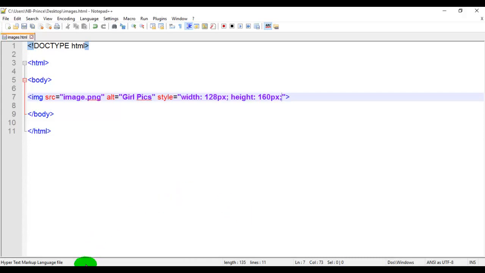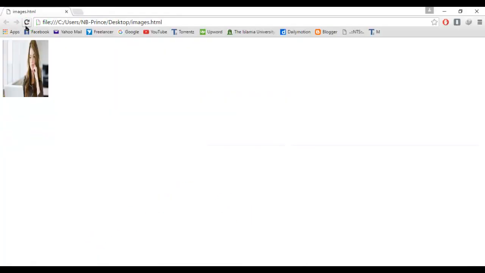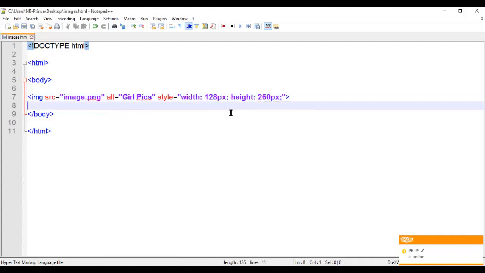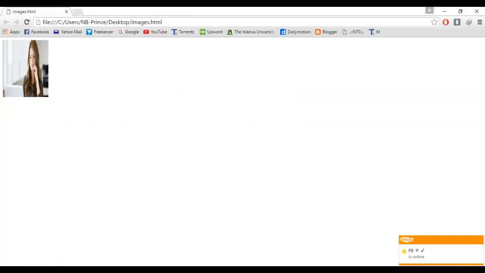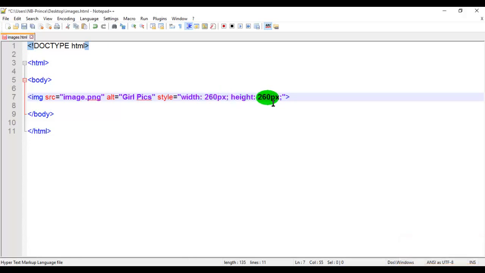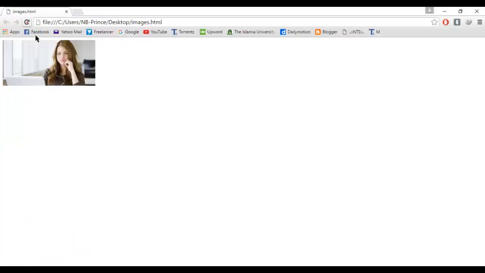Right, now save this and see what happened. Now the image's width and height have changed. This is because I have changed the width and height in the style attribute, so the image width and height have changed.